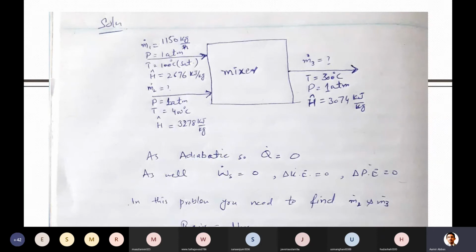But let me tell you, later on when you study chemical engineering, you will see that in a mixer actually we have a rotator, and that is also connected to some motor, although that work is very small as compared to the other terms, but it exists. But in this question he didn't talk about any mixing equipment, so let's leave that. So shaft work is 0 here. Then change in kinetic energy, he didn't mention anything about the diameter change in the lines or any velocity, so just ignore this. Change in kinetic energy will also be 0, as well as no information about the change in height, so change in potential energy will also be 0.